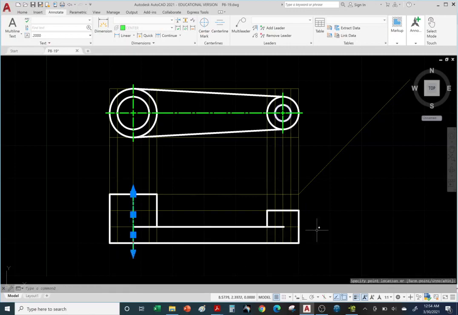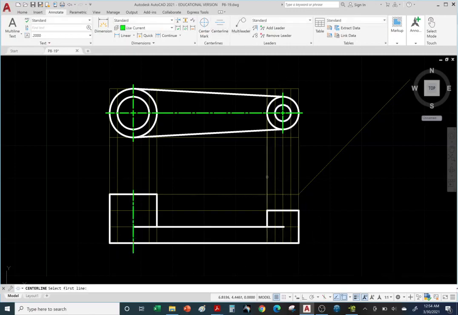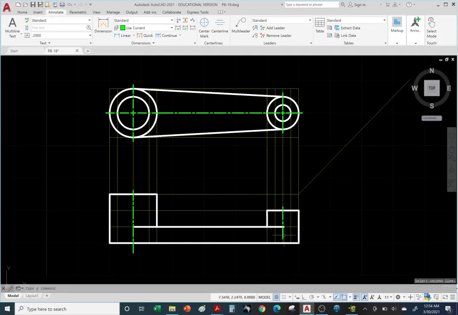Okay, let's do the same thing on this side. So use center line again. Select the two object lines representing the shaft. There it is. And we can go ahead and extend it. Okay, and hit escape to deselect. All right, so